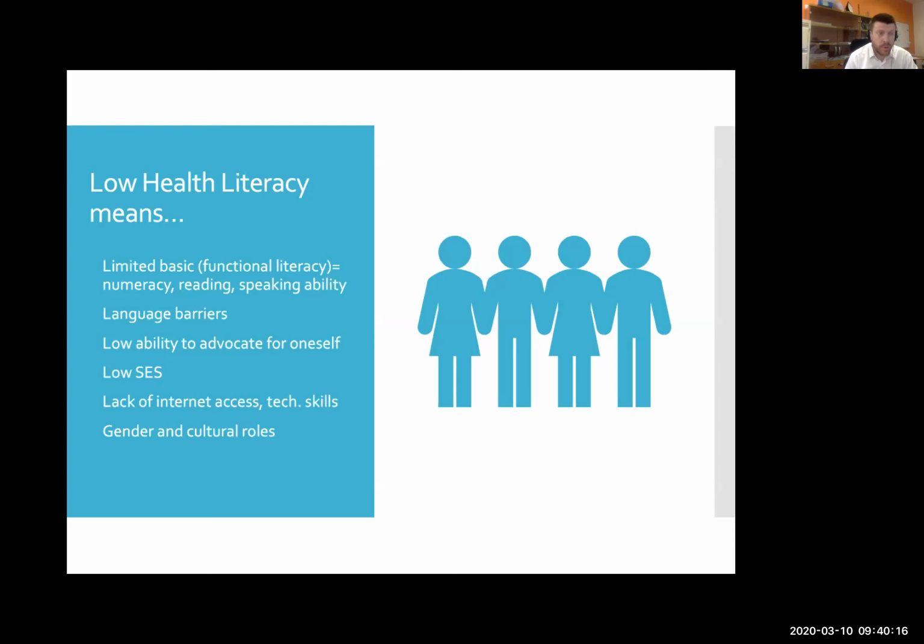They might not have proper internet access or technological skills to access information as we do. They might also have a poor ability to engage in health decisions, and there might also be other issues related to the way gender and cultural roles are embedded in the society. So those who have low health literacy might be more prone to be disadvantaged. I want to stress this point. When we talk about health literacy, we're not just saying we need to address different reading abilities. Here we have to consider those who are more vulnerable, that cannot understand, that cannot reach the information that we want,